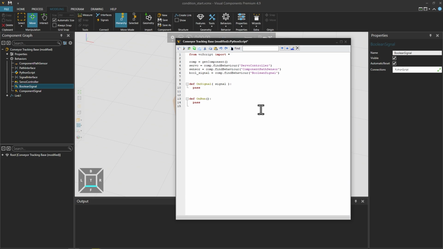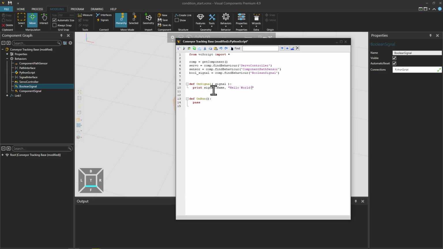So instead of def onSignal pass, we can write something like print signal.name and then some other text as well. Like so.